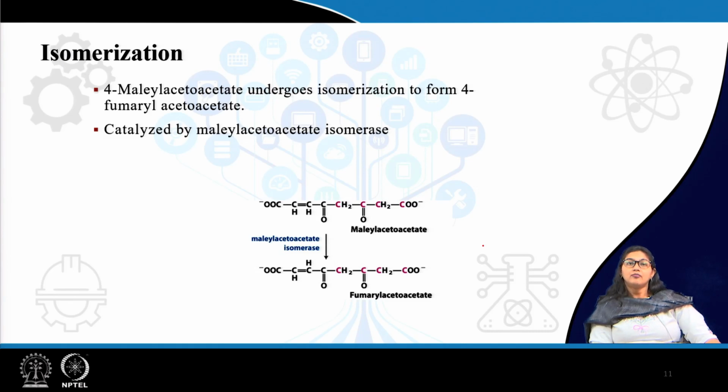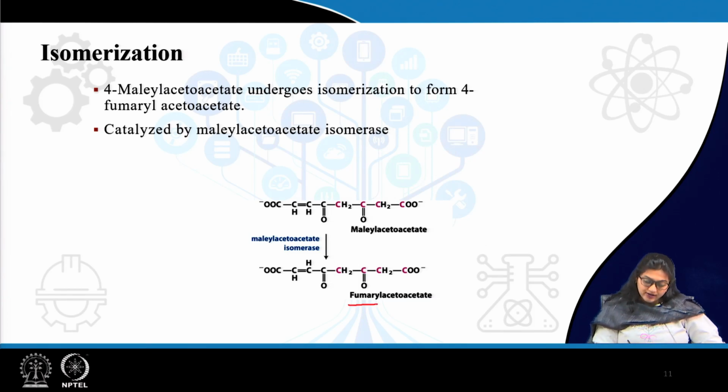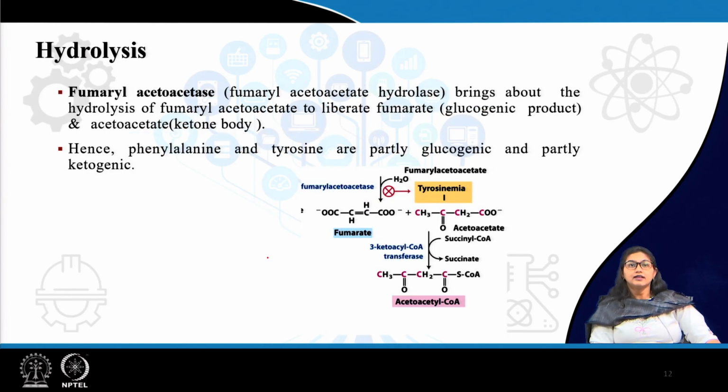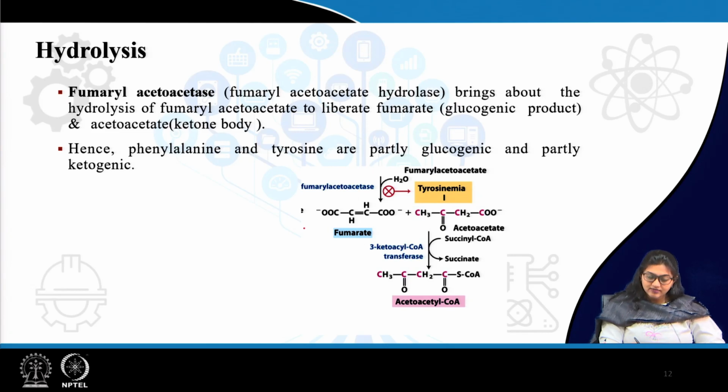Then maleylacetoacetate undergoes isomerization, forming fumarylacetoacetate with the help of an isomerase enzyme. Then fumarylacetoacetate finally undergoes hydrolysis via fumarylacetoacetate hydrolase. So, it generates the glucogenic part, fumarate, and the ketogenic part, acetoacetate, and this acetoacetate with the ketoacyl coenzyme A